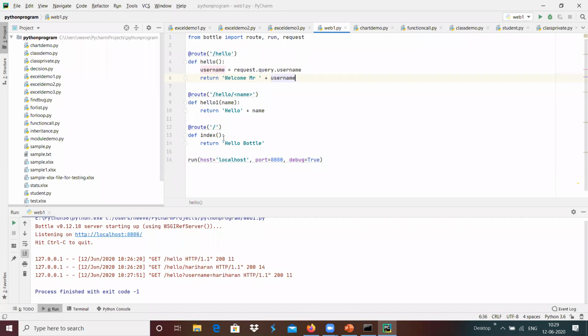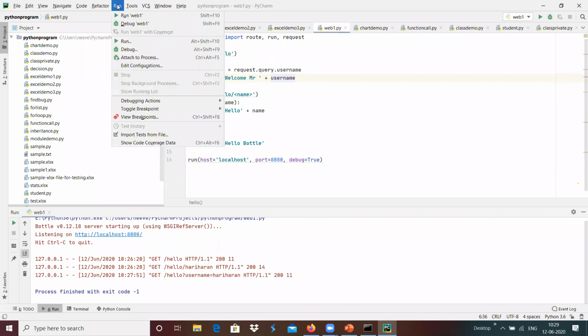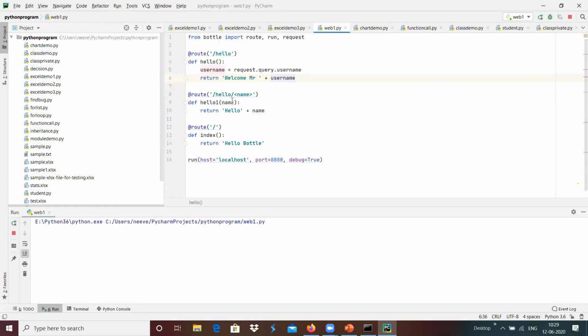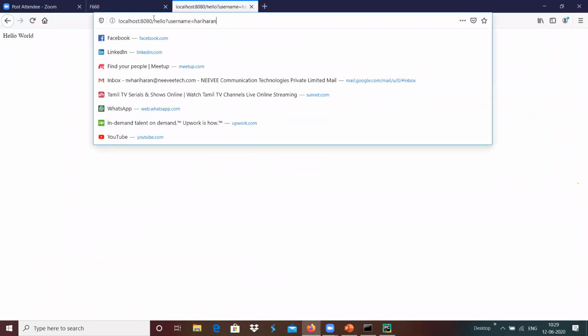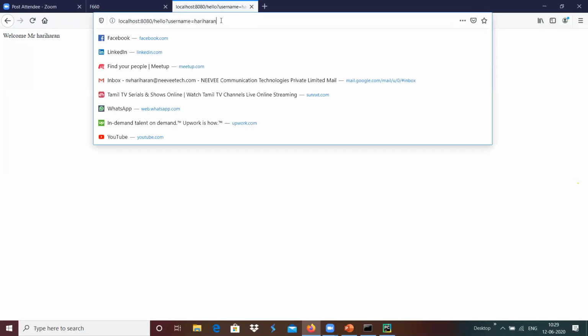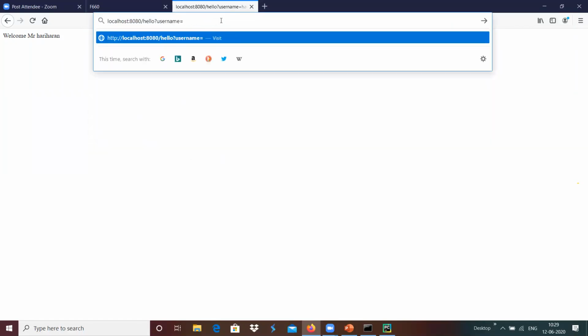I'm going to execute this web server again, which runs on localhost 8080, and now we can run this with slash hello and question mark username equals Hariharan, which provides welcome Mr. Hariharan.